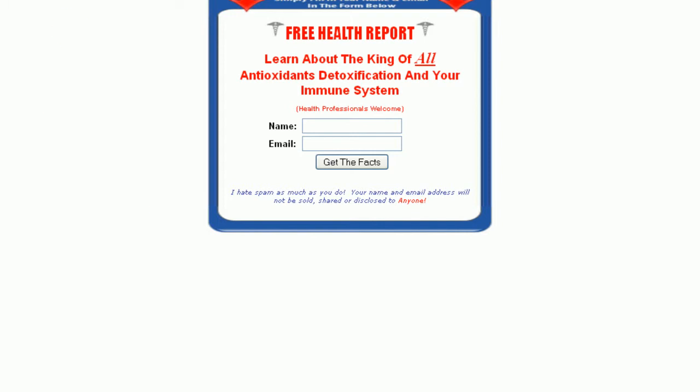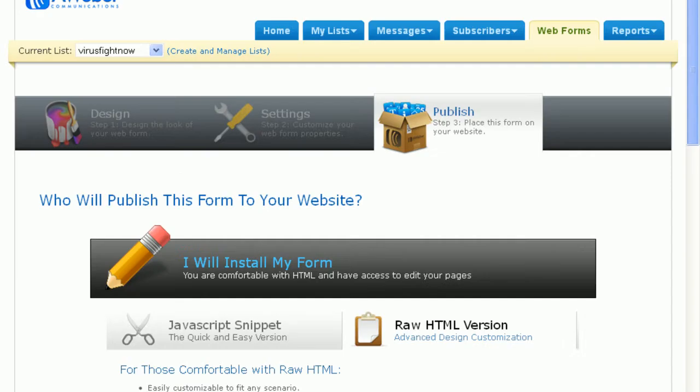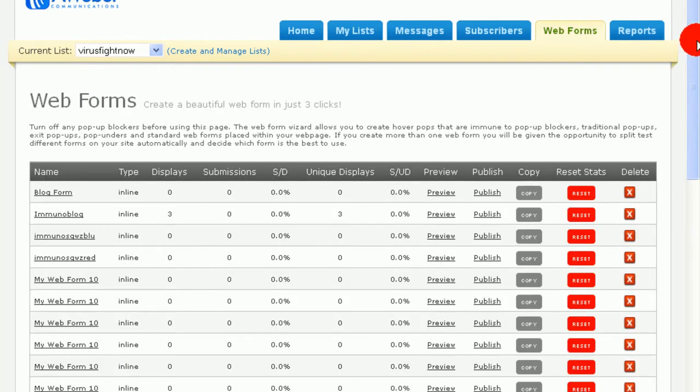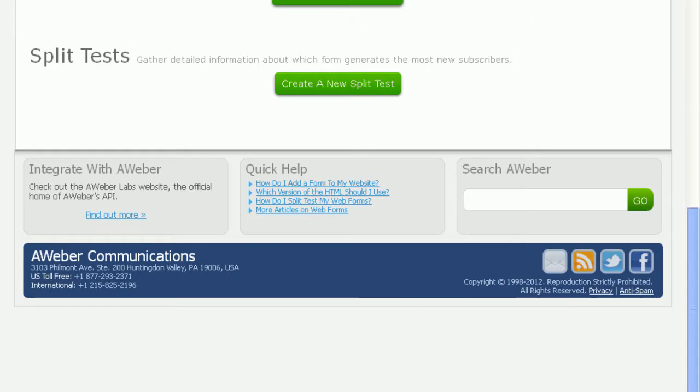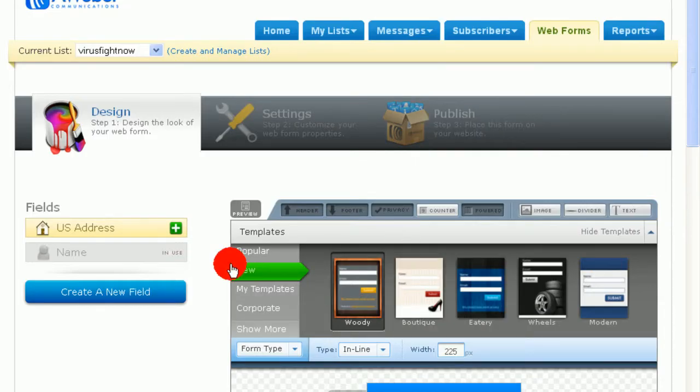Okay, I'm already logged on to aweber. Click on web forms, and scroll down to the bottom, and click on create a new web form, and click on popular,